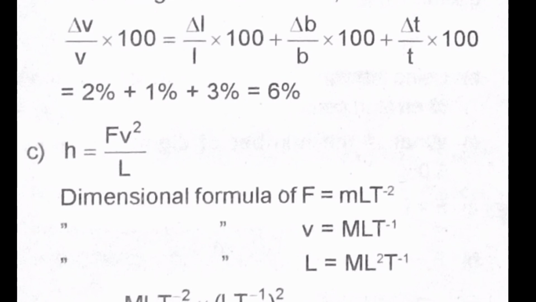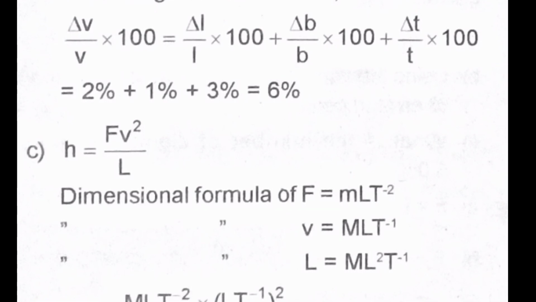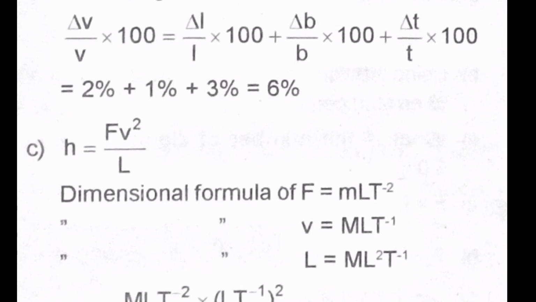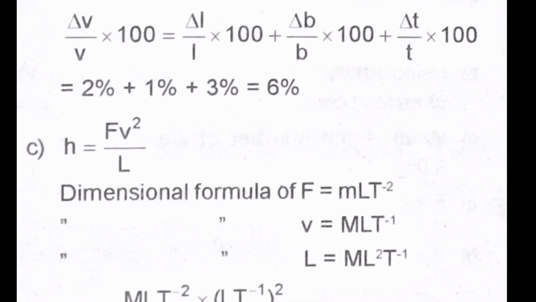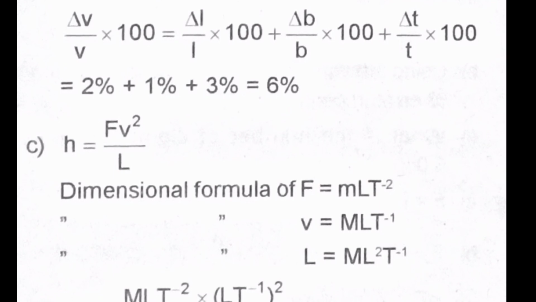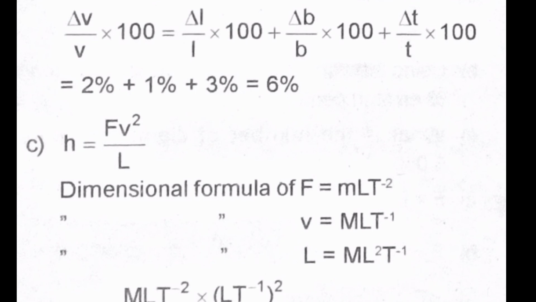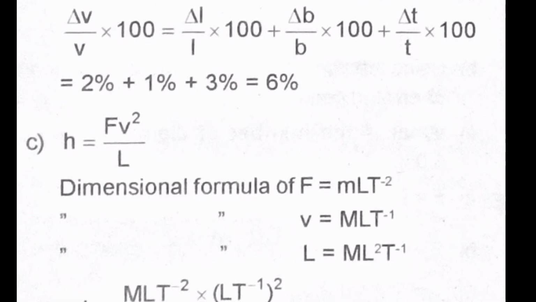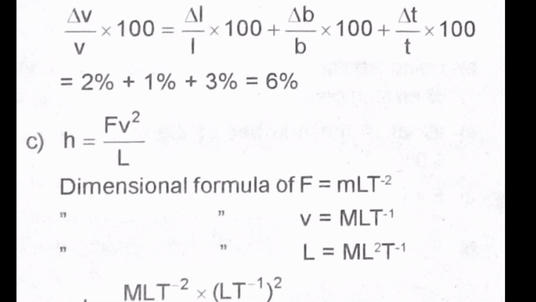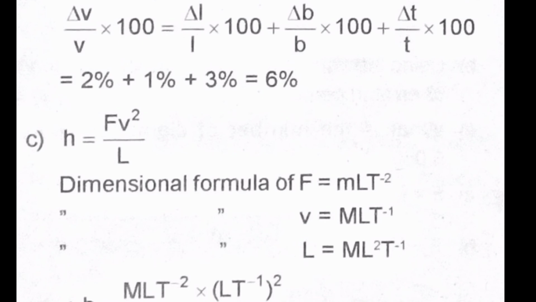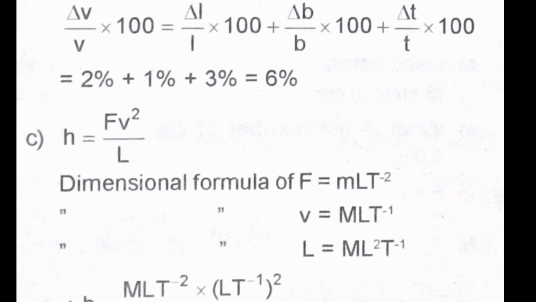Now the equation for finding angular momentum is equal to moment of inertia into angular velocity. Again, the moment of inertia is also a new term. The equation for finding moment of inertia is mass into distance square. Then it will be easy to find the dimension. So what is the dimension of moment of inertia? Mass is M, into distance square, that will be L square, and then M L square T0 is the dimension